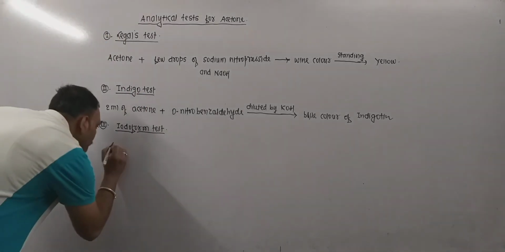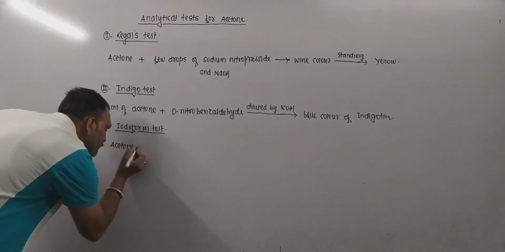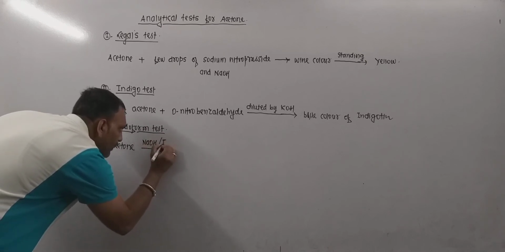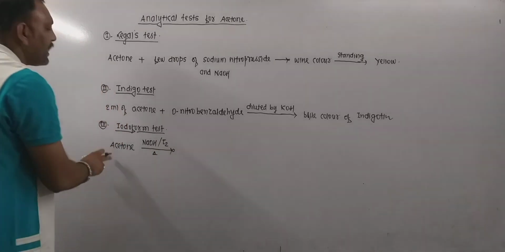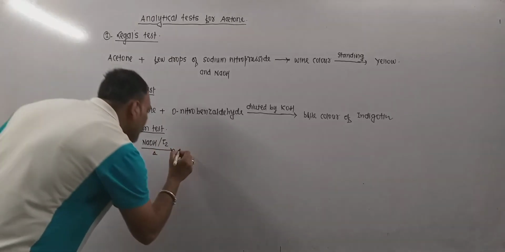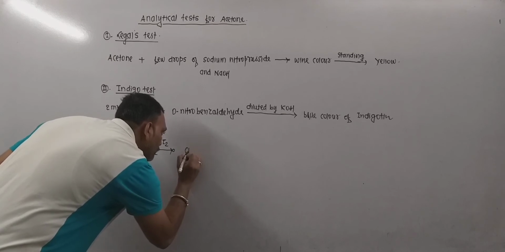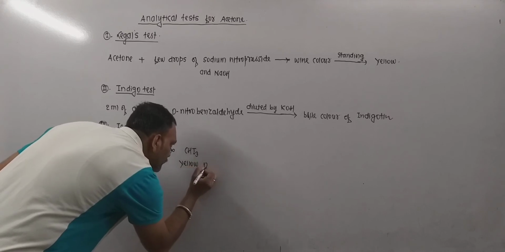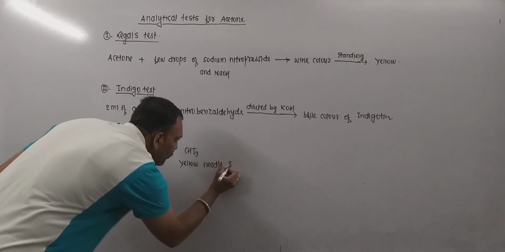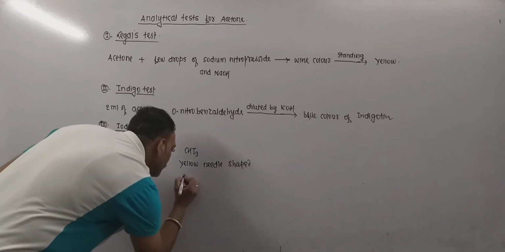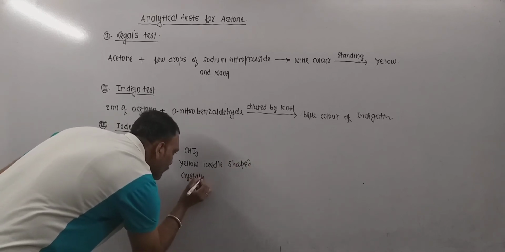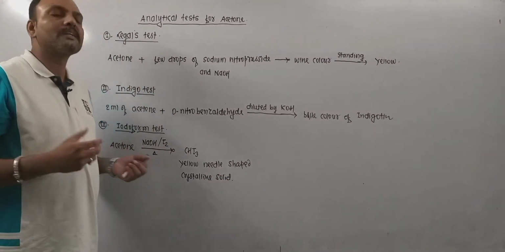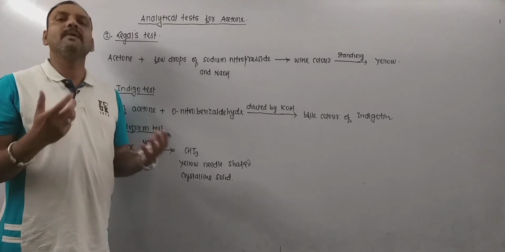So what we need to do is take acetone and to this add NaOH and I2. When we heat acetone with sodium hydroxide and iodine, then iodoform, that is CHI3, is obtained, which happens to be a yellow needle shaped crystalline solid. So if iodoform appears on the product side, that confirms the sample is of acetone.